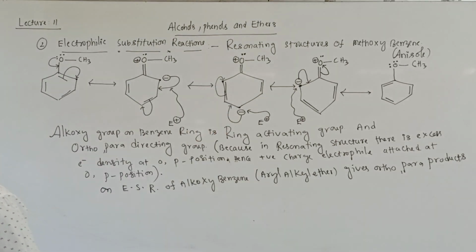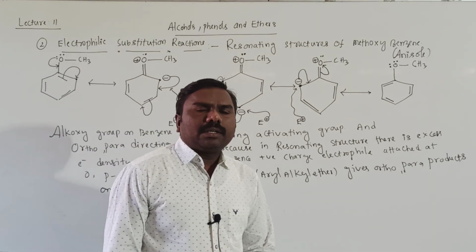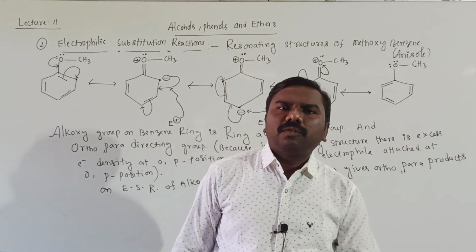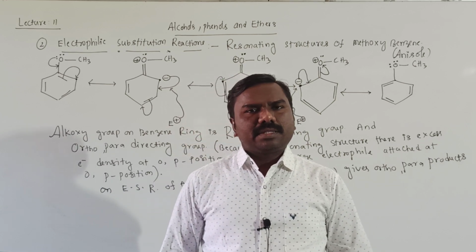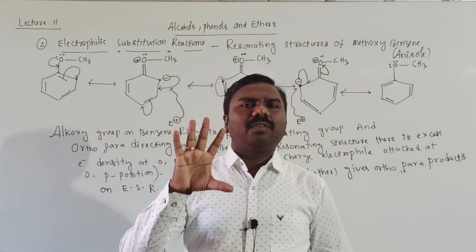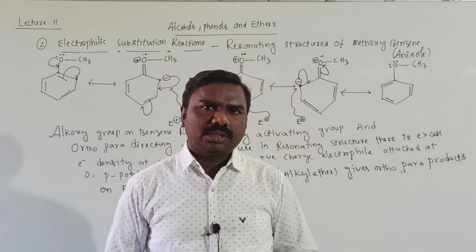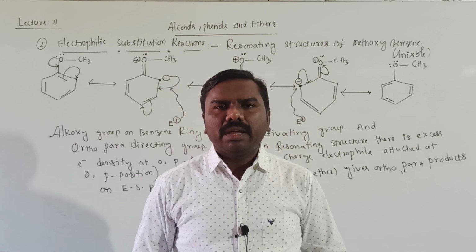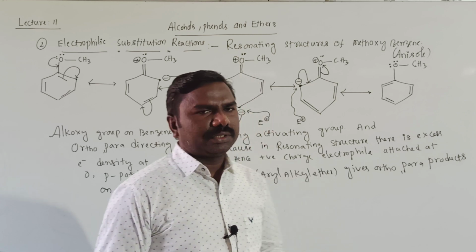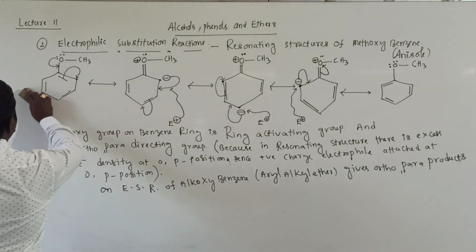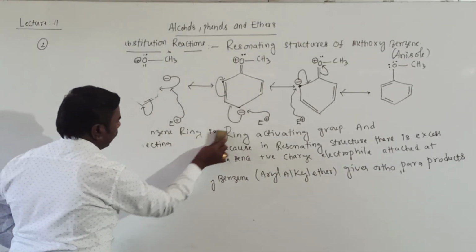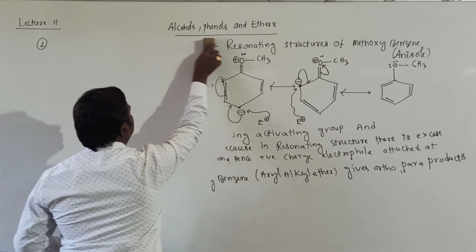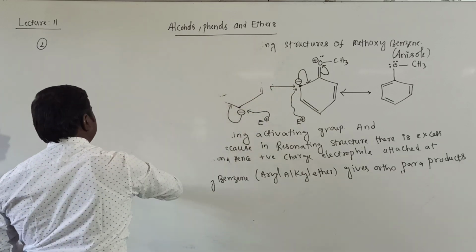Now, you know, we already read in the first year course halogenation, sulfonation, nitration, alkylation, acylation. There are 5 electrophilic substitution reactions. Ethers undergo these 5 electrophilic substitution reactions. First one, halogenation. In electrophilic substitution reactions, the first one is halogenation.